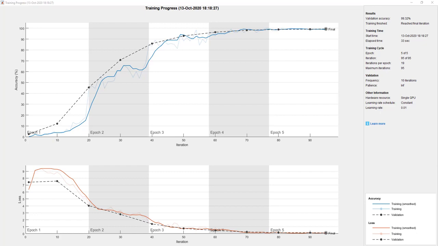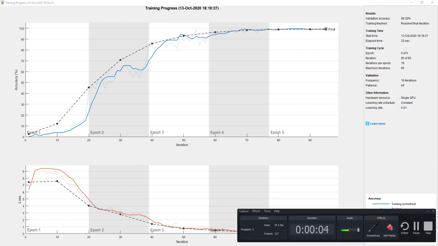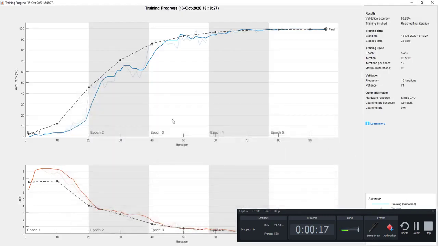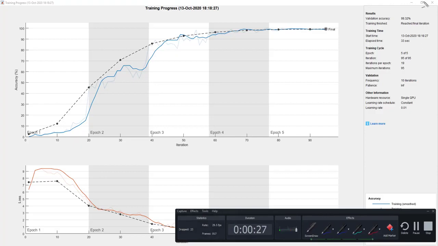Hello guys, I'm back here again and today I'm going to show you in this video an iris recognition implementation. These are some samples I have used for training and validation purpose. The implementation of iris recognition uses a convolutional neural network. The platform I have used here is MATLAB and my accuracy is pretty good. In this video, I'm going to show you how we can further increase the accuracy and achieve 100% validation accuracy.